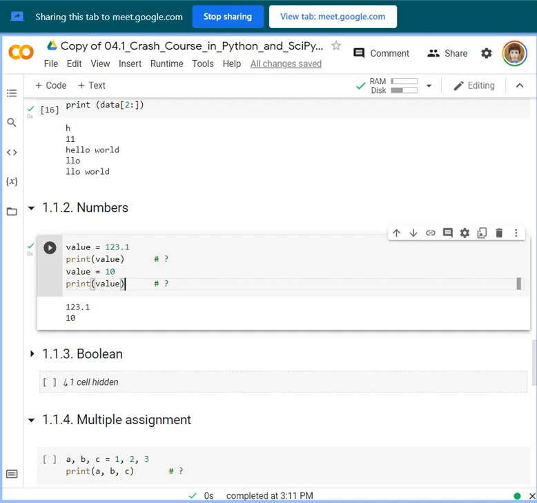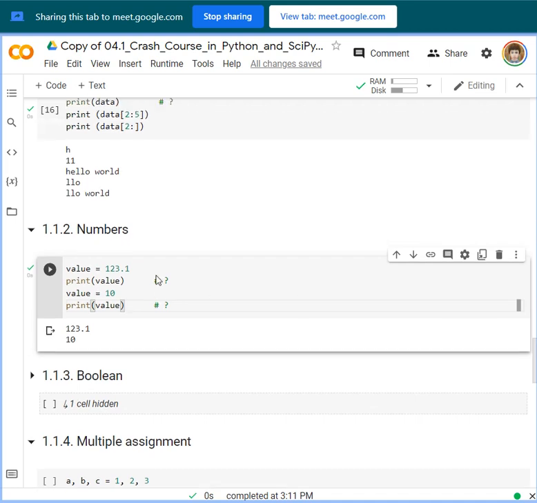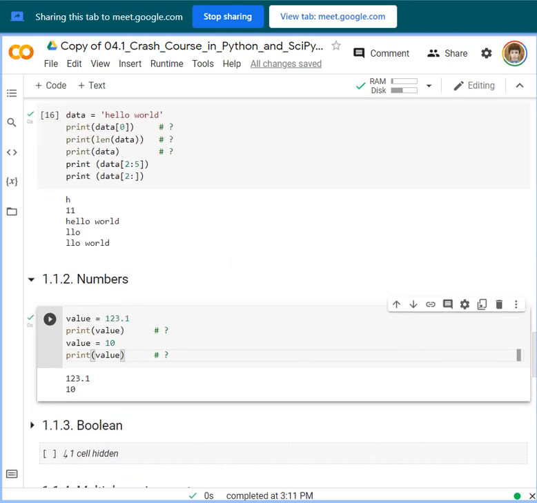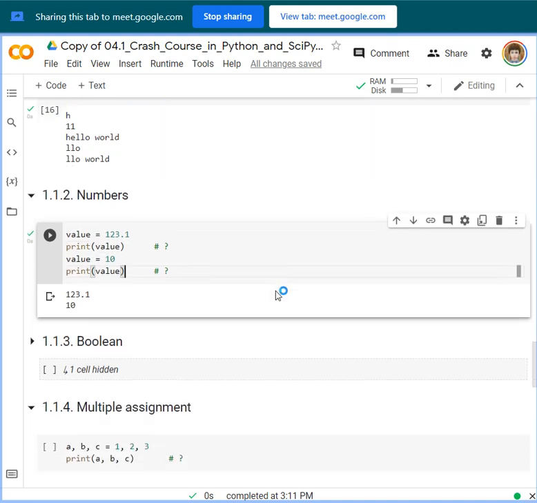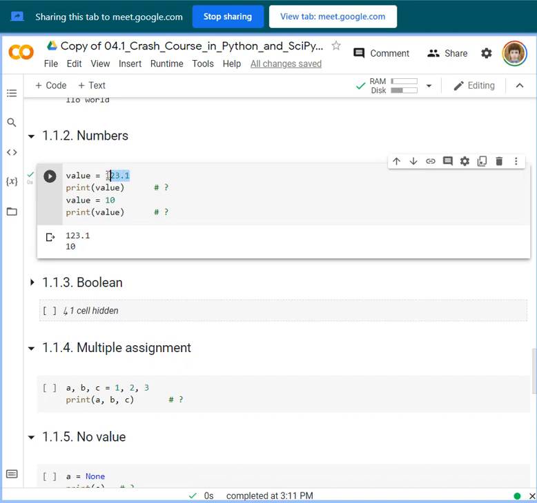You can also use this array to assign a number as a value. Okay, so you can assign numbers as long as you do not put quotations on them.